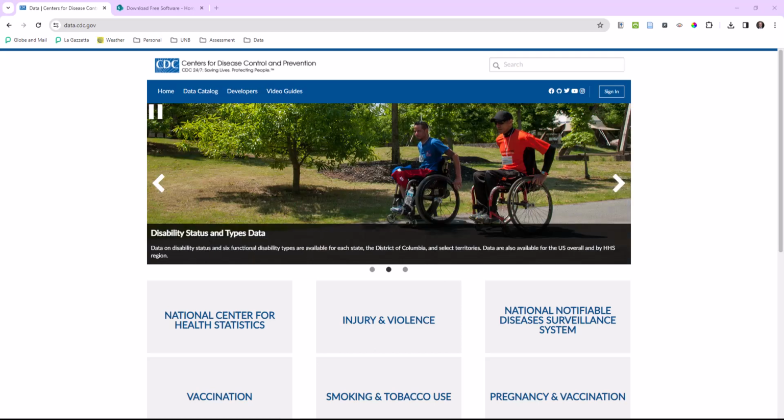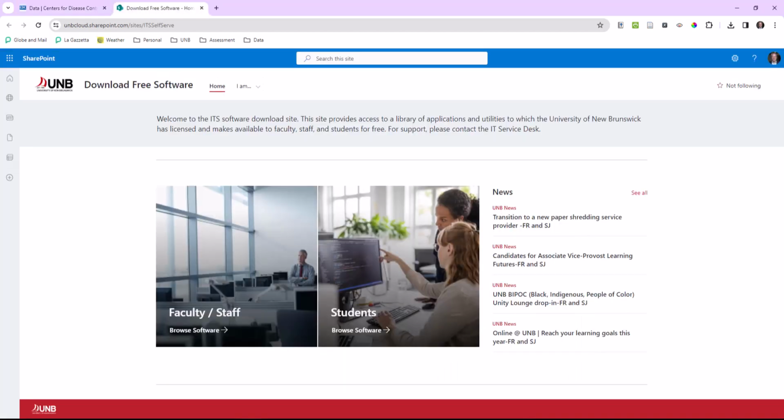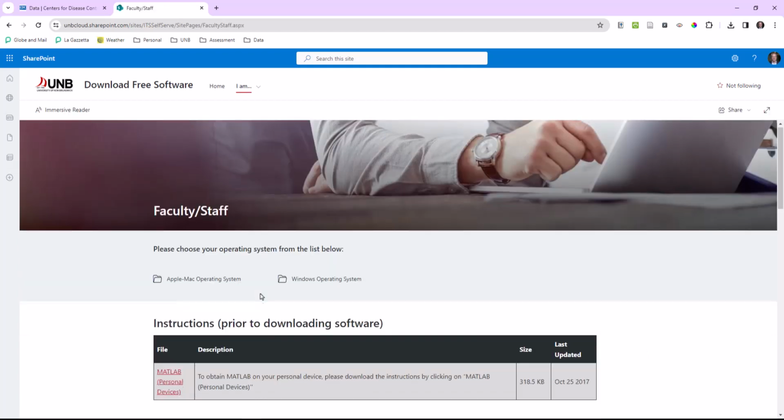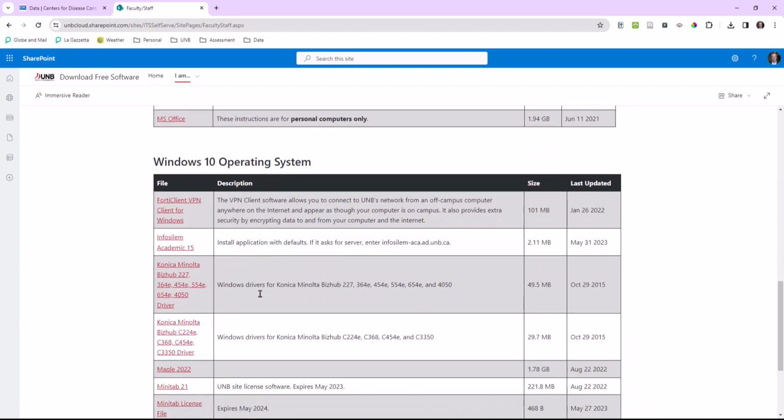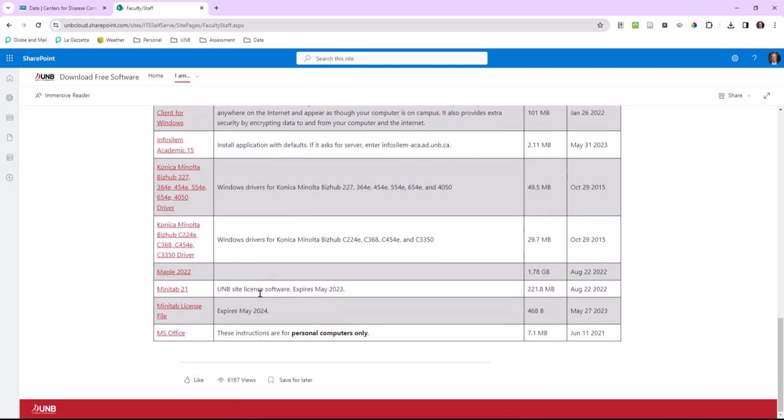to Excel. In order to download the software, simply go to unbcloud.sharepoint.com/sites/its self-serve. Don't worry, I'll put the URL in the notes of this video as well. Here you would go to the student section. Unfortunately, I don't have access to that, so I'm going to go to the faculty section to show you. You'll notice that we have Apple or Mac operating systems and Windows 10 operating systems. Since I'm using a PC, I would go to the Windows 10 and select Microsoft Office here and follow the